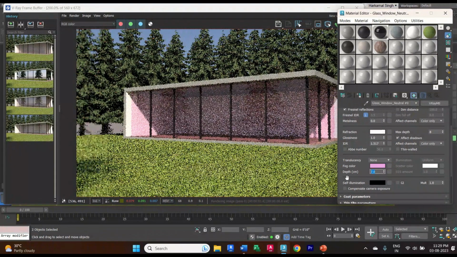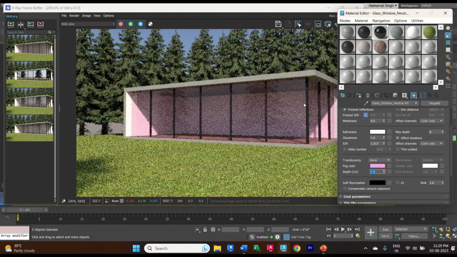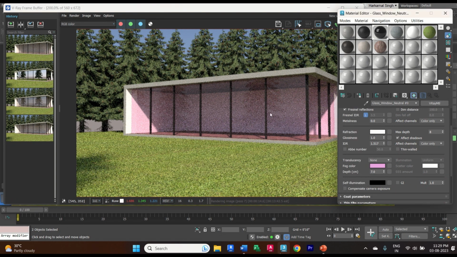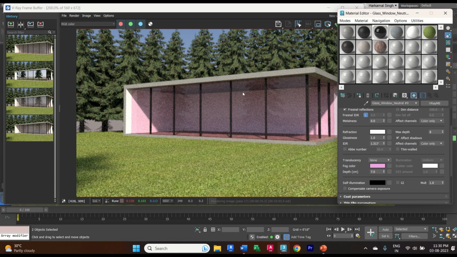As I keep changing the depth, you can see there is a change in the darkness of the tint, right? So the color becomes light or dark. Now the last one: if I have to make this tinted glass, this one, spelling mistake, tinted glass with gradient ramp, what I need to do is make changes in this setting. Select this map,